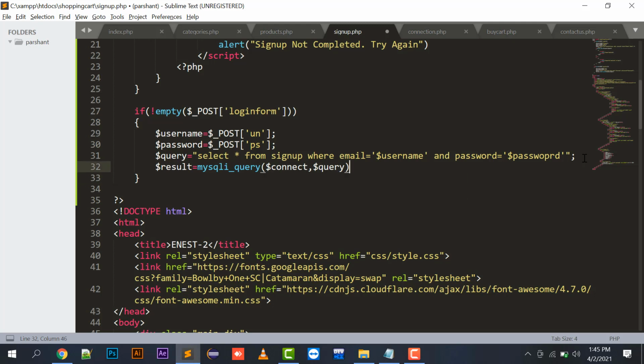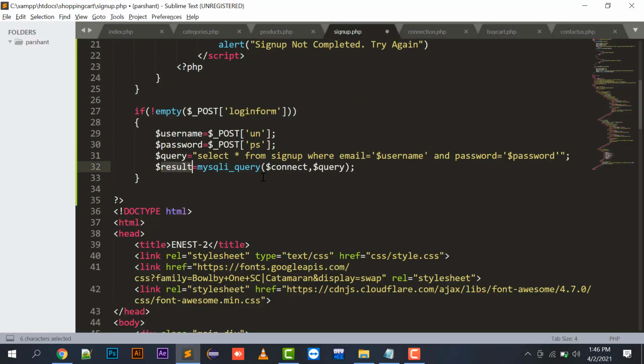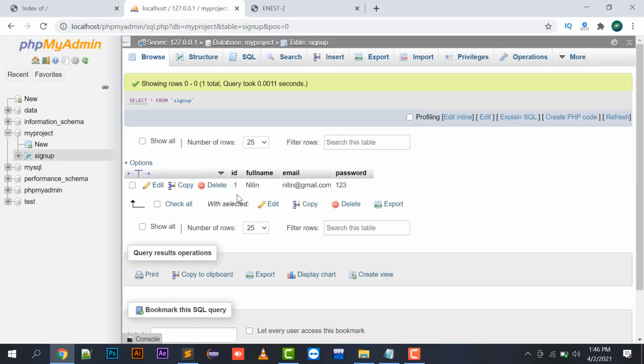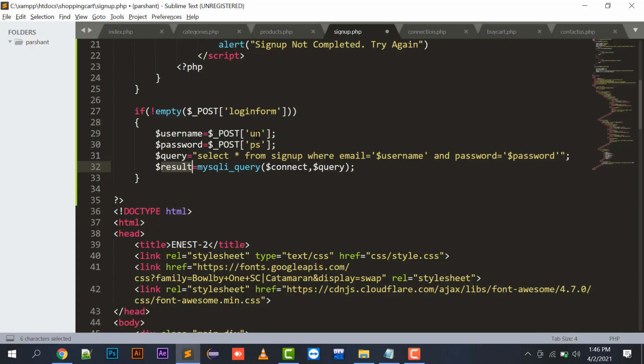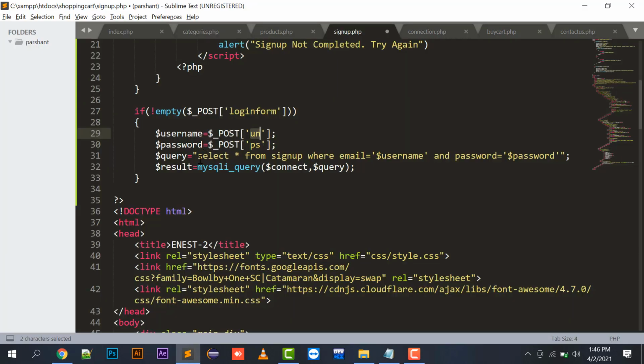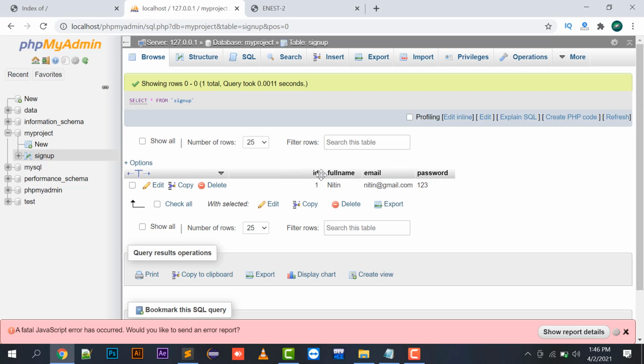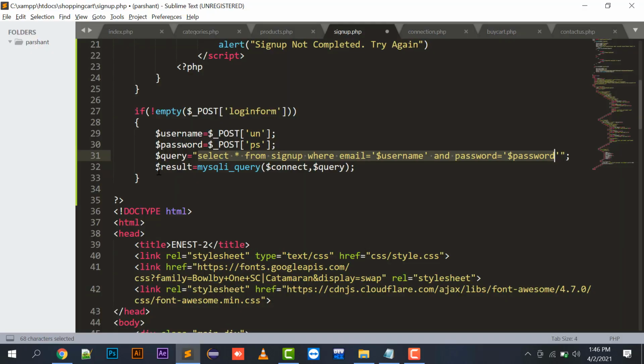Connect query. If the username and password match one of my records, then the result will have that record. If I enter nitin@gmail.com as username and 123 as password, when this query executes, the same record will be fetched from the database and stored in the result variable.